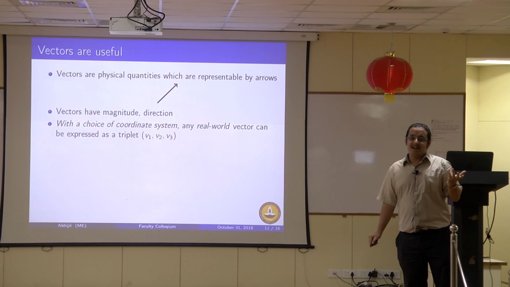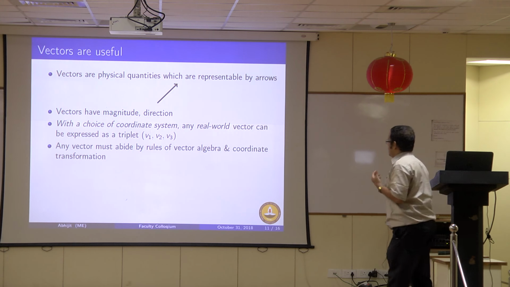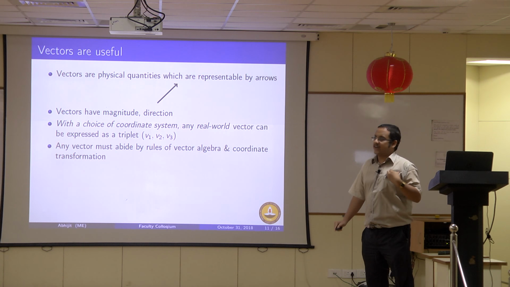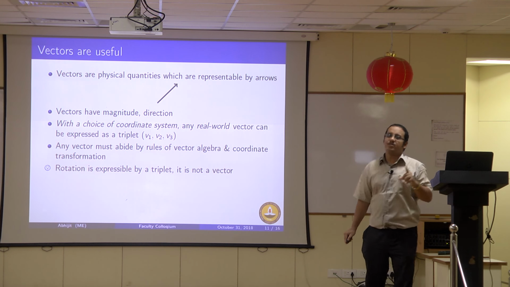So, it's a 12-digit number. Have I become a 12-dimensional vector? I don't think so. But here are more important qualifications of a vector. A vector must abide by the rules of vector algebra and coordinate transformation, and it is precisely here that rotations fail to